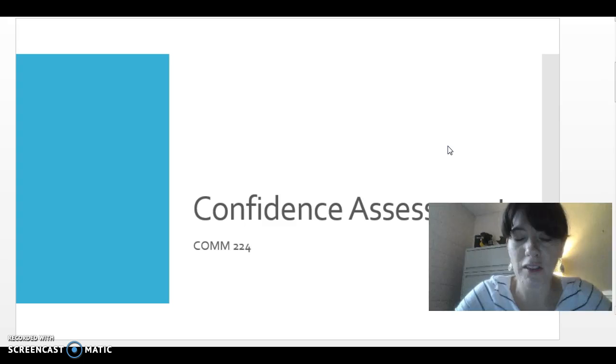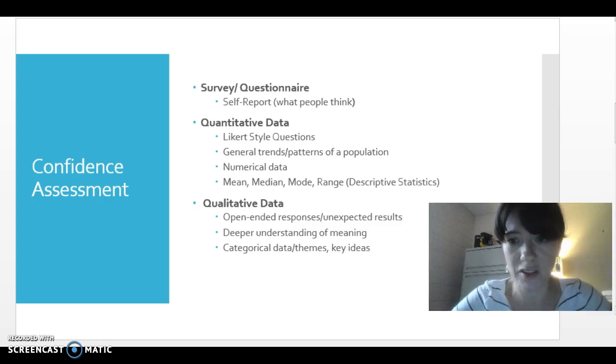So, if we start by looking a little bit at the confidence assessment, there's a few things that I want to draw your attention to here. One is just the format of this assignment. Most of you probably know that this was a survey. You've probably taken many surveys already in your life, so you get the general gist of what a survey looks like. But I also want to just highlight that surveys are really useful for finding out some types of information, but they might not be perfect for finding out all types of information.